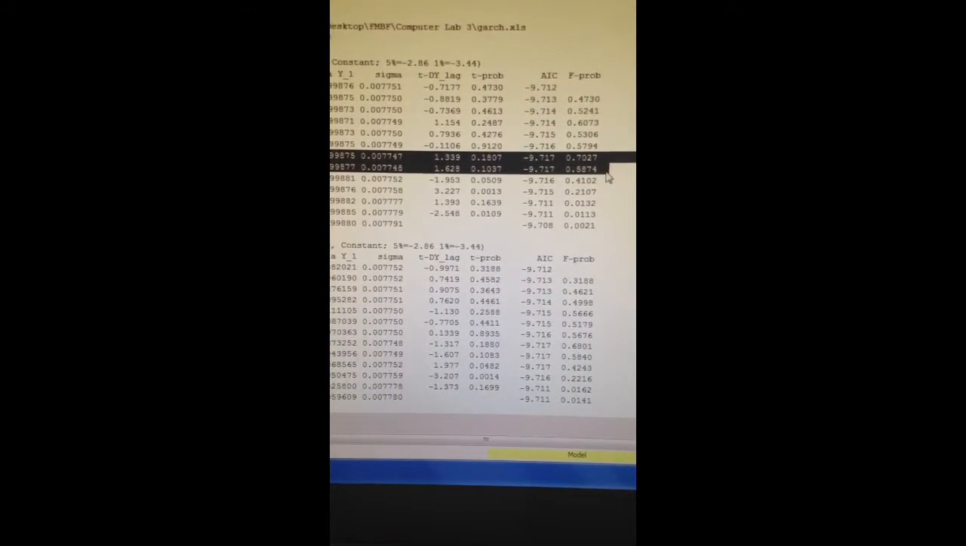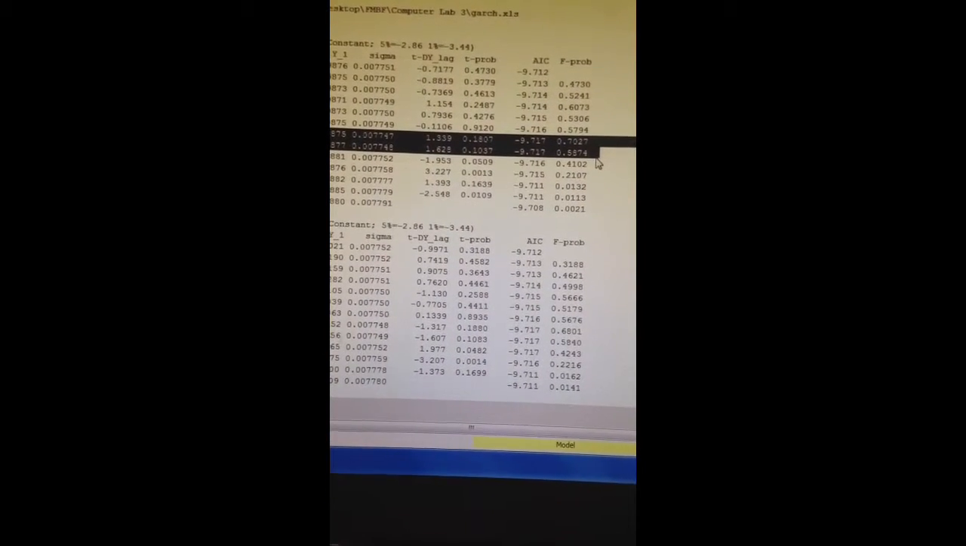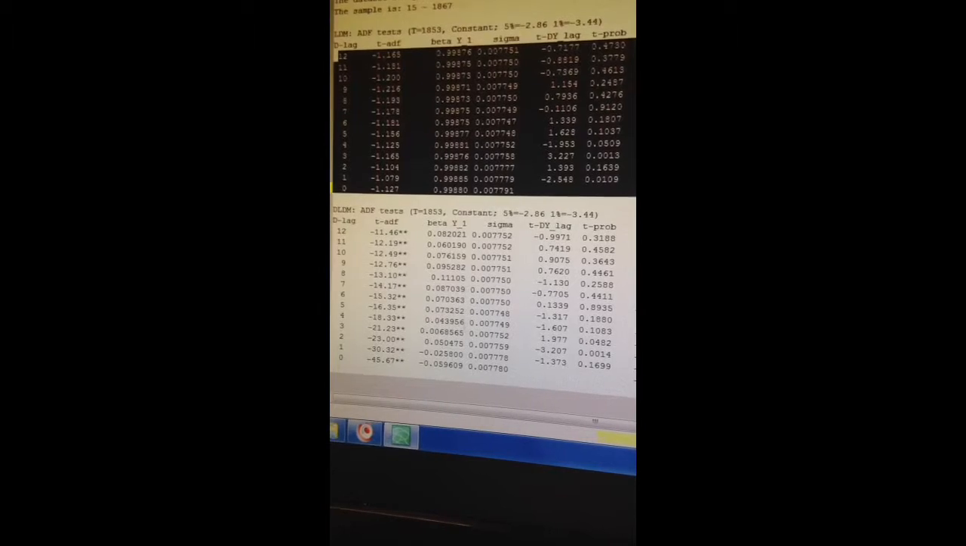In this case, these two specifications have the lowest AIC, okay? So these two specifications are the optimal specifications. However, regardless of which specification is optimal, all of the specifications show insignificant results, suggesting